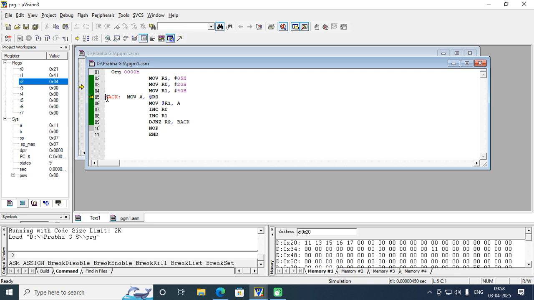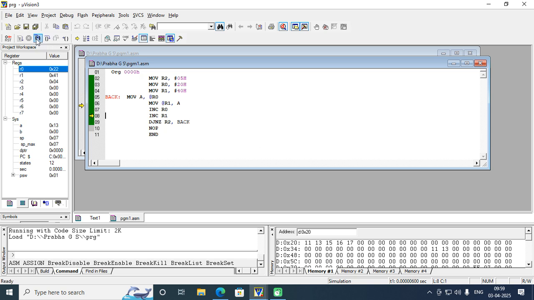So it has come back to this back loop. R2 is decremented by 1. Initially it was 5, now it has become 4. Again the same instructions within the loop get executed, so you can observe the next byte 13 has moved from 21H to 41H.